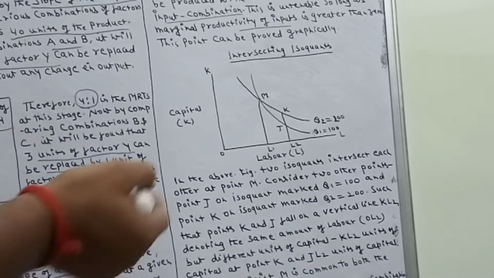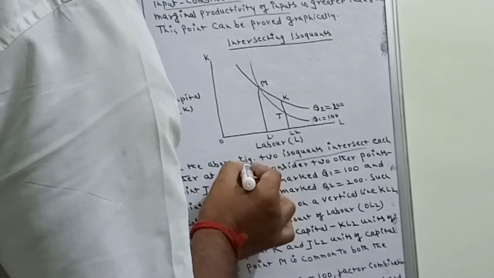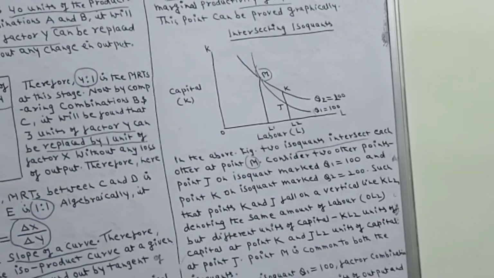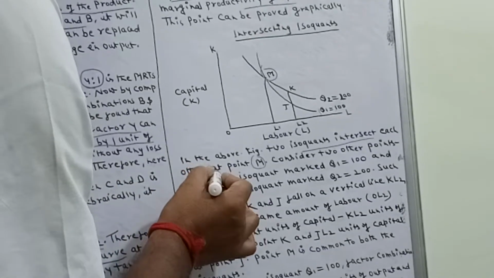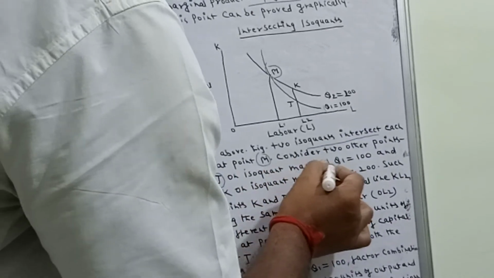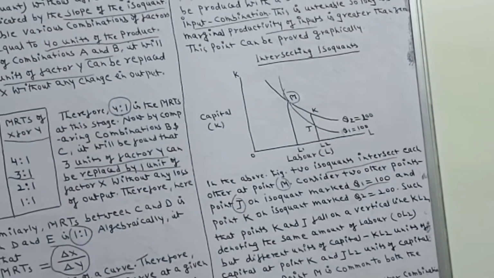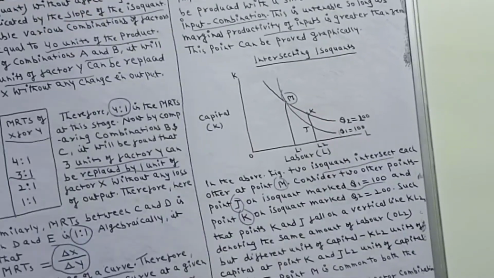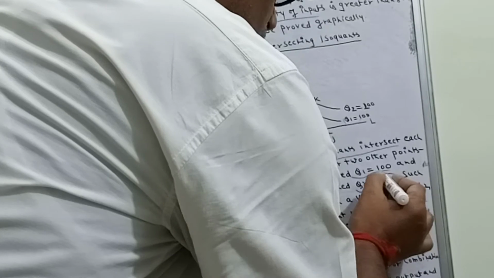In the above figure, two isoquants intersect each other at point M. Consider two other points, say point J on isoquant Q1 equal to 100, and point K on isoquant Q2 equal to 200,